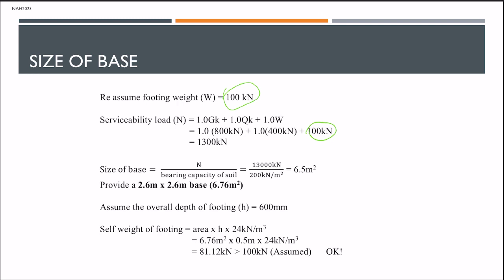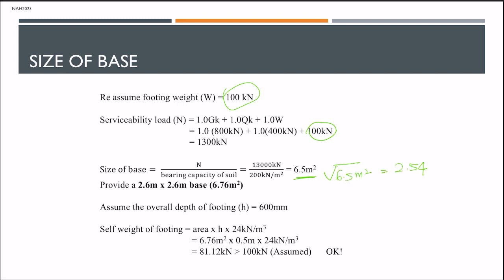And then I have to calculate the size of base, but if you notice here, even if you naikkan 100 kilonewton on the serviceability load, bila saya kira, okay, tak lari jauh mana lah kat sini kan. Jadi, lebih baiklah awak tukar assumption on the footing weight. Right. So, kalau saya bagi 1,300 to 200, memang I dapat 6.5 meter tepat-tepat square, and then I square root kan, then I dapat